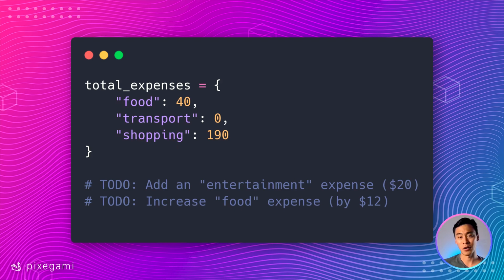And what I want you to do are two things, so you can see them in the to-do comments there. First of all, I want you to add a new expense, a new item to the dictionary, and that's going to be an entertainment expense of $20. You'll have to figure out how to add a new key and new value to the dictionary. You also want to spend an additional $12 on food and update that to the dictionary as well. So by the end of this, food should be 52 because you're adding 12 to the existing 40 value. Write this code out, pause the video, and just give this exercise a go. And when you're ready, hit resume to see the solution.